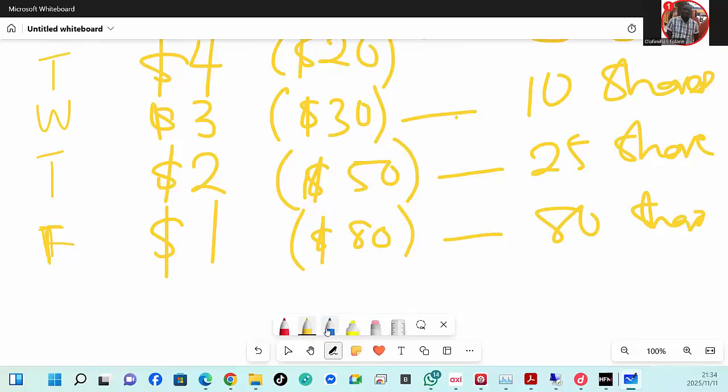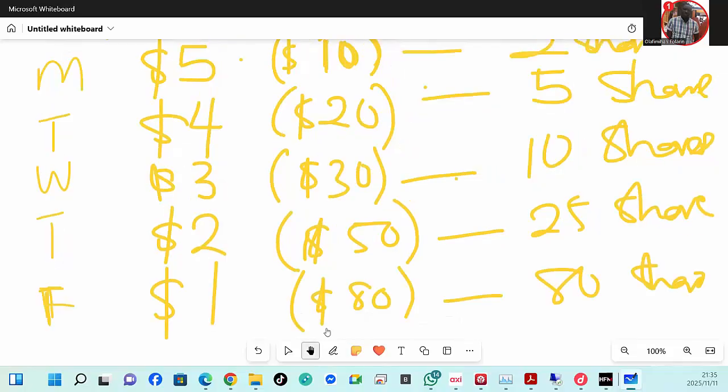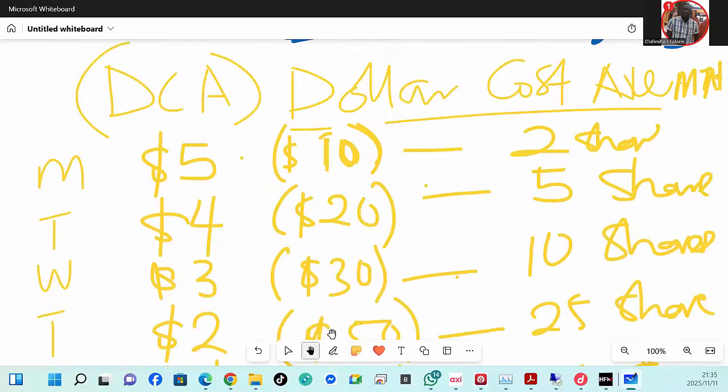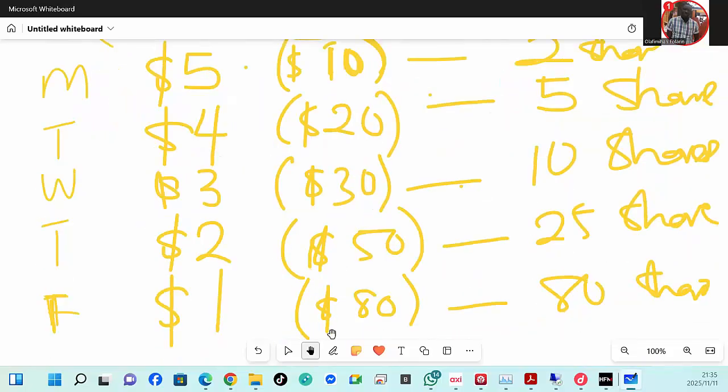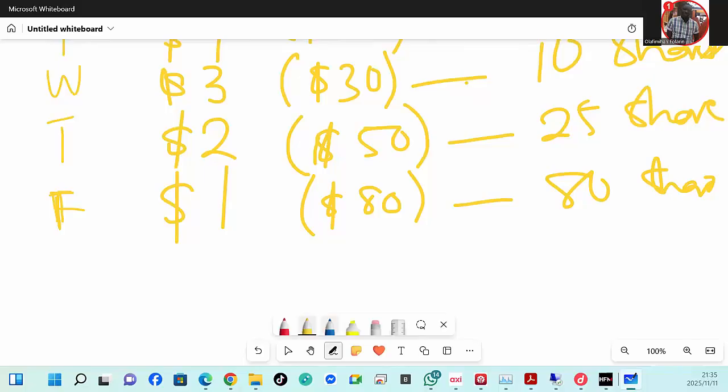Now, all this is what we call dollar cost average. That means the more the price is changing, the more we are buying at a lower price. We double our investments. We double our odds. We double our stakes. You understand? So what we did here,